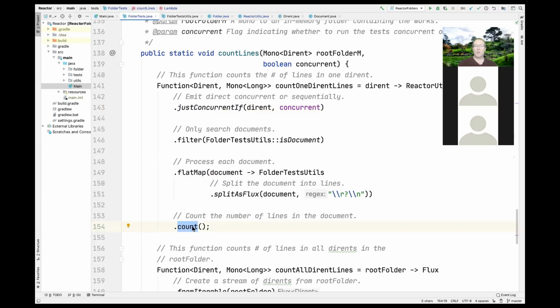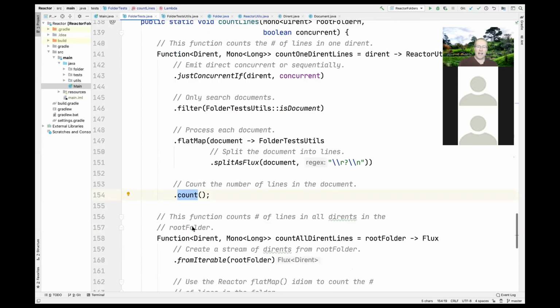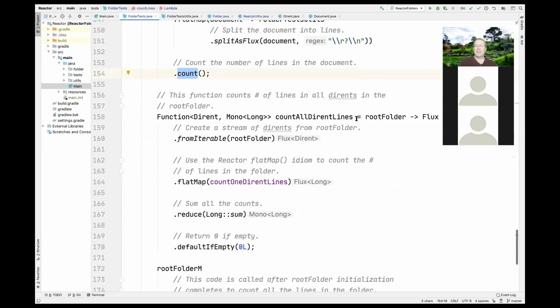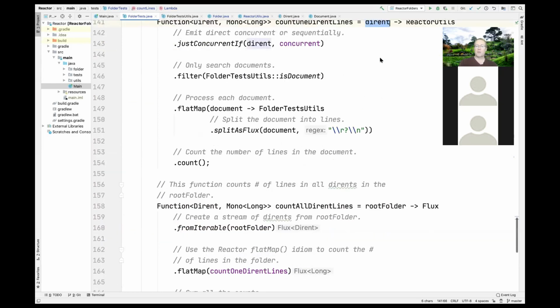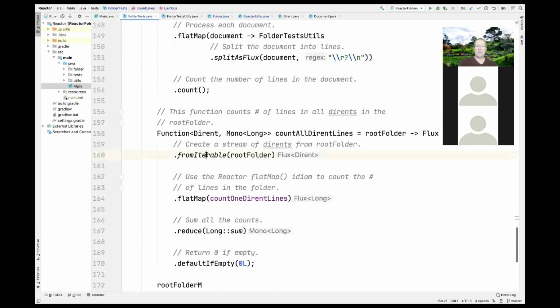So that's what count one durant lines does. That's that function. And then down here we have count all durant lines, which takes the root folder, not a given durant that's part of the root folder. And then we go ahead and convert that into an iterable using flux from iterable, which is a helper method that makes it iterable. And then we use the flat map idiom to count the number of lines in the folder,